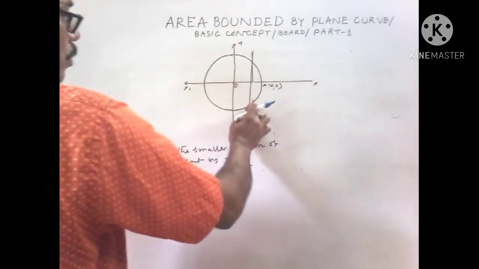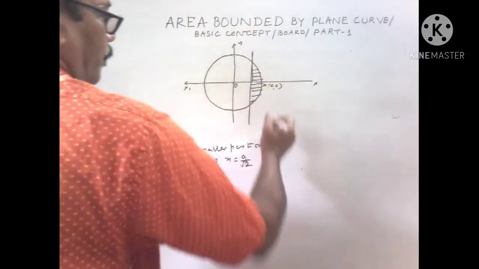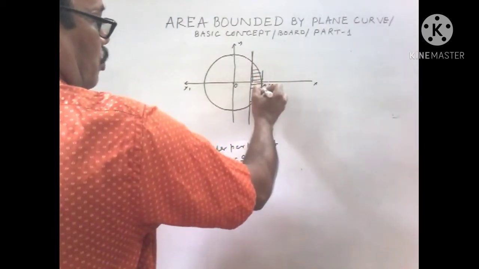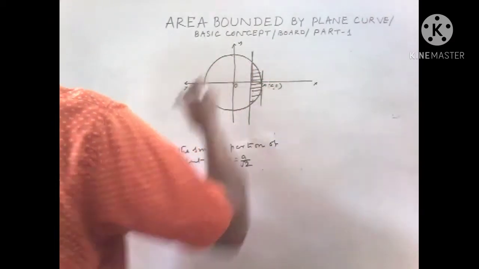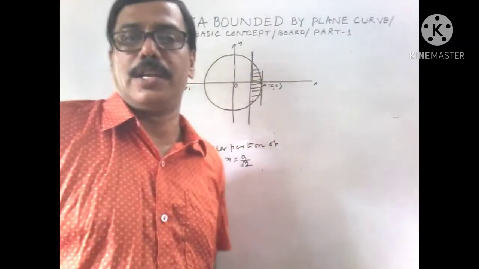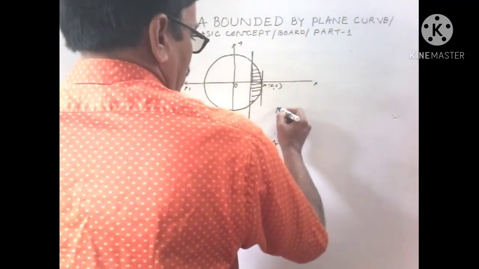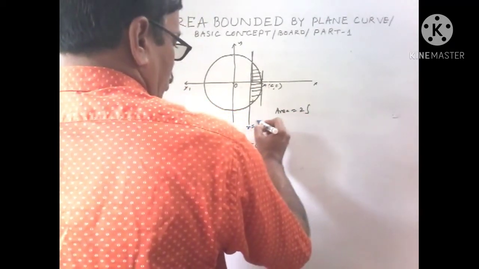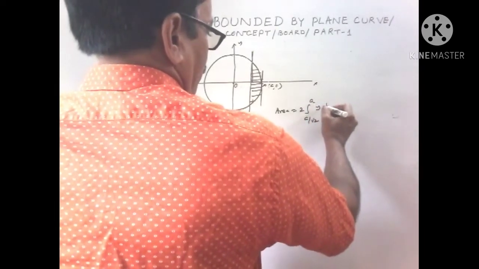So look, the circle is divided into two parts by this line. We need the area of the smaller portion. So this is a by root 2 and this is x equals a. And this is cut. So you can take the area in the first quadrant. So the required area equals twice the area in the first quadrant. So area equals 2 into the integral from x equals a by root 2